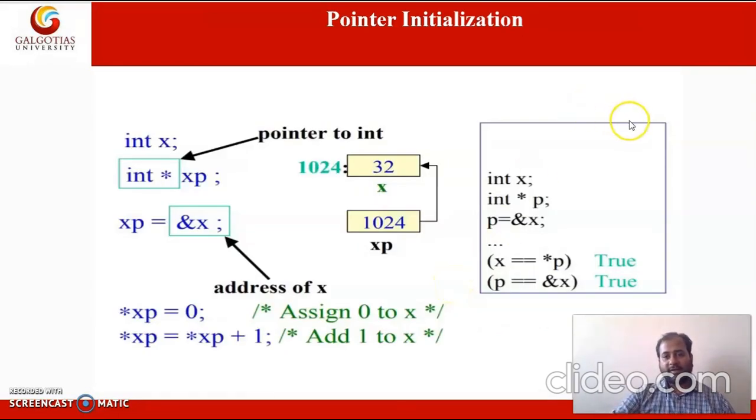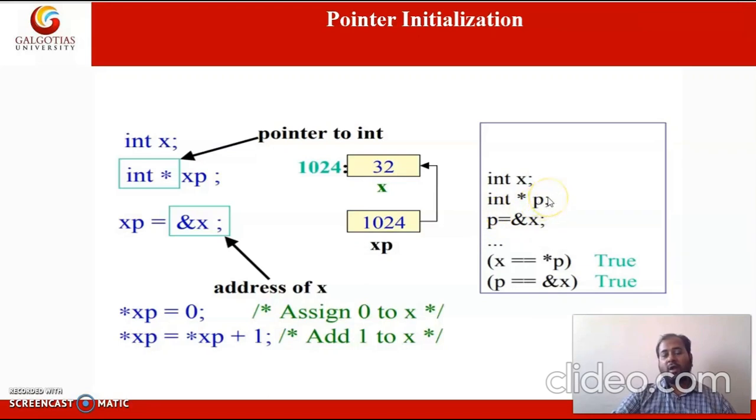Okay, so this is the example how to use pointer. So here basically we are having a C program. So I have written statements in this block. So int x, here we are declaring a variable x as the int, and here we are having the pointer p.